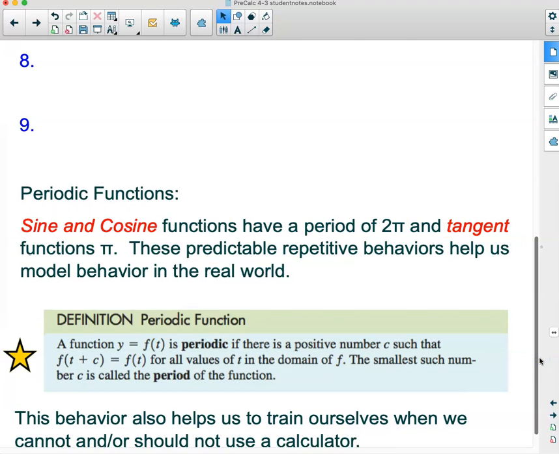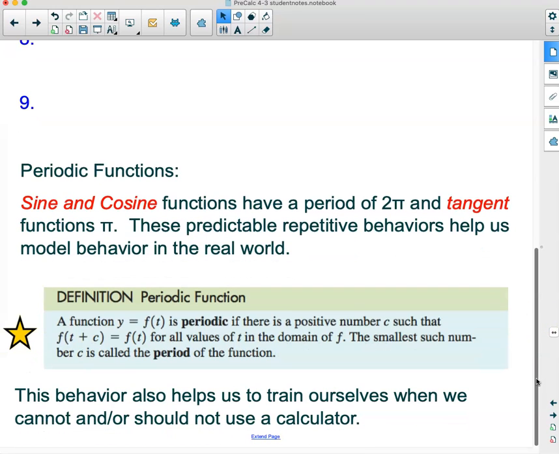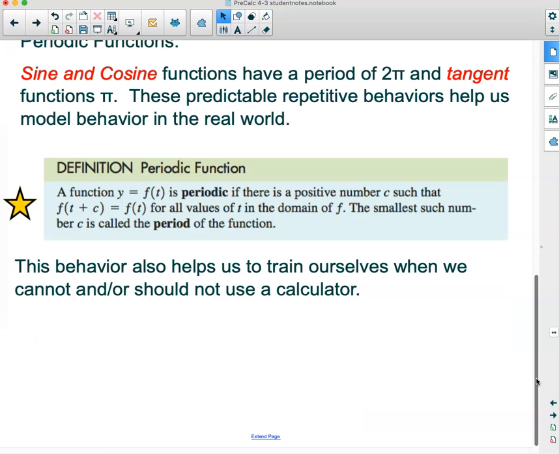Because this just looks like any other paragraph we've ever seen, so it's hard to remember, hey, this was really important. They told us 2 pi for cosine and sine, and tangent is just 1 pi. But that's the periodicity. So the fact that we have this repetitive motion, these nice repetitive curves, is what's creating